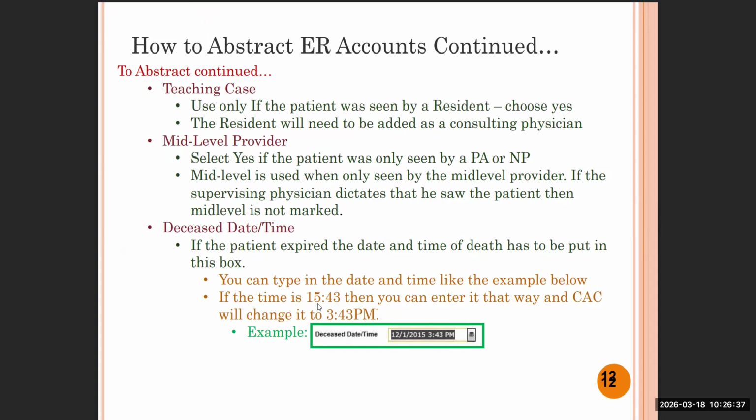If the time is 1540, you can enter it that way and the CAC software will change it to 3:40 p.m. So that option will be coming into your software, but you need to focus on updating the deceased date and time of death when the patient died.